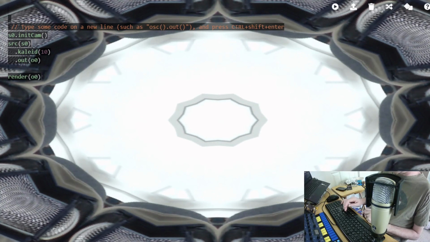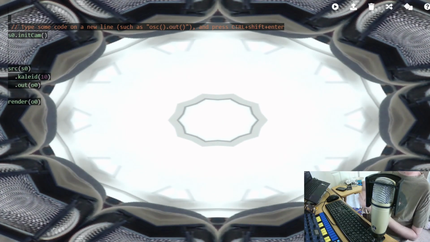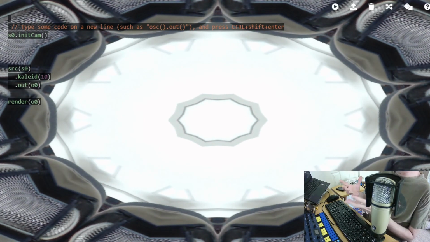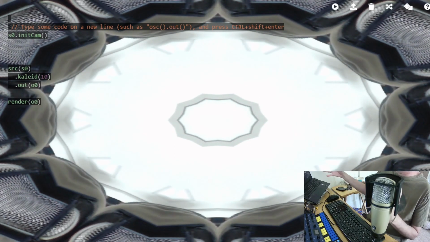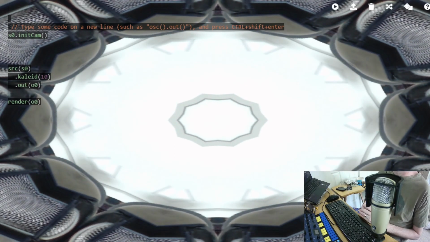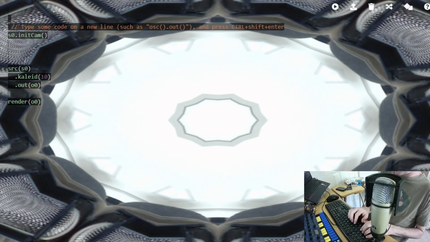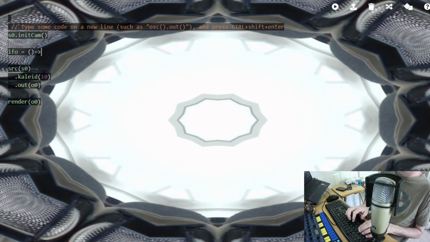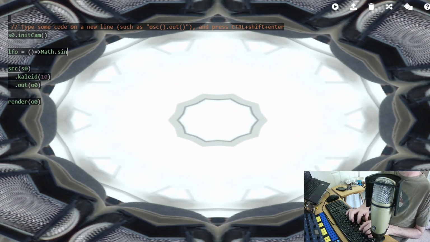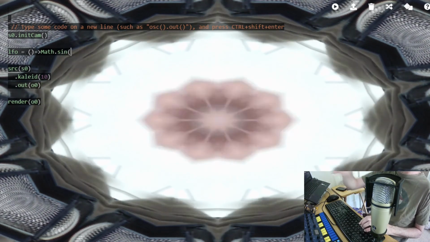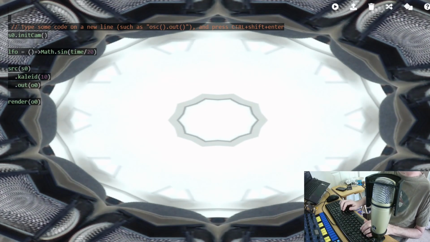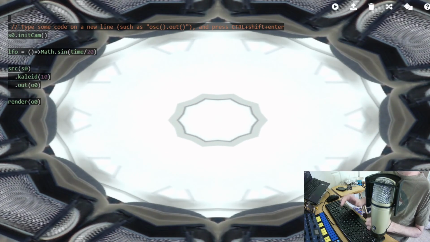Now Hydra lets you manipulate images much like you would manipulate sound. And so if you want to manipulate the kaleidoscope value and have it change from 10 to 3 and back again, much like you would change an audio signal with an LFO, you could do something equivalent to an LFO within Hydra. We can define a function based on time. So using a sinusoid, so it's just a sine value, we can take time. And now with this LFO, instead of typing in a number, I can use an LFO.